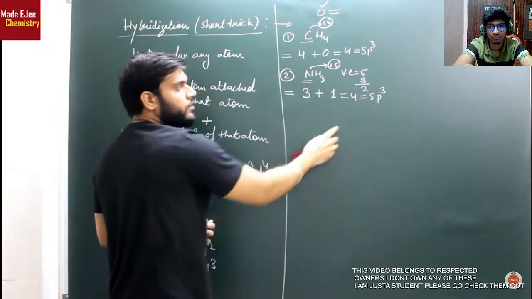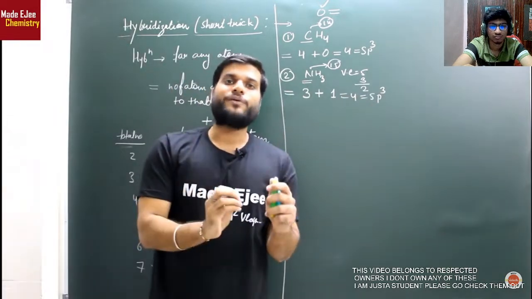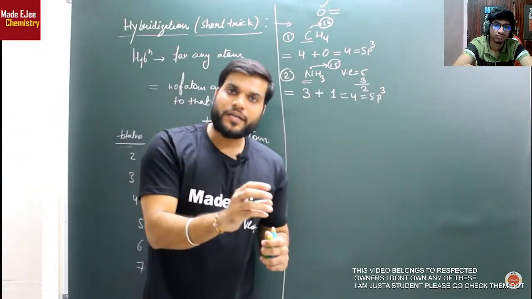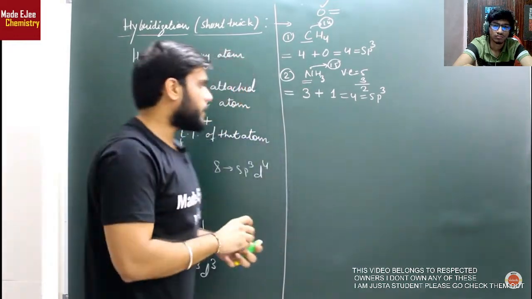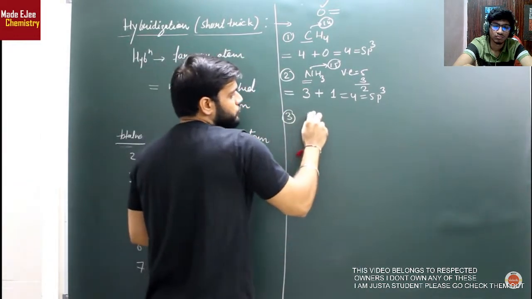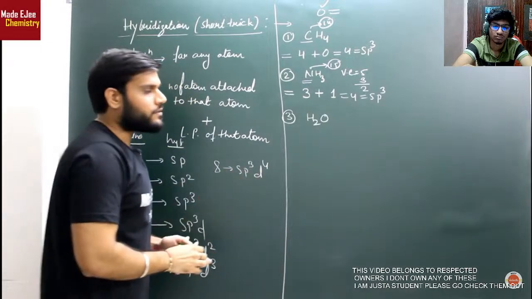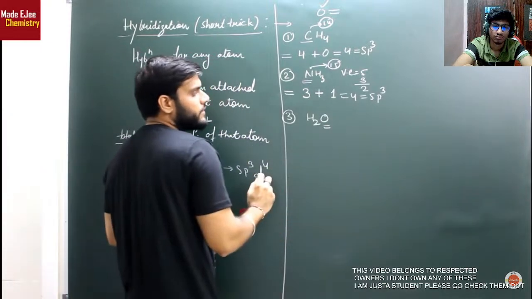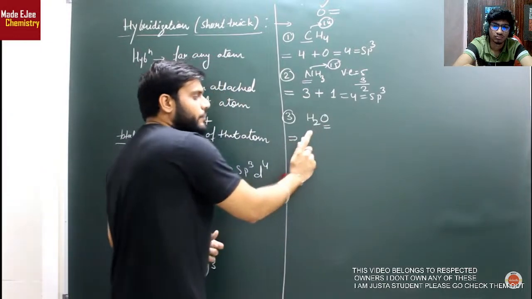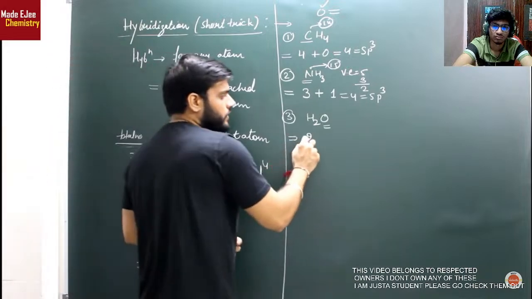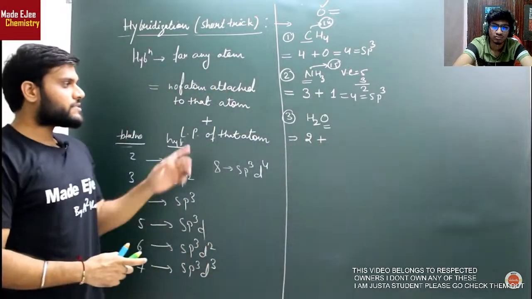और हाइब्रिडेशन का मतलब होता है हमें हाइब्रिड ऑर्बिटल्स तैयार करने हैं, किस के लिए, बॉन्डेड पेयर के लिए और लोन पेयर के लिए, ये मतलब होता है इसका। चलिए अब नेक्स्ट एग्जांपल लेता हूं, एग्जांपल नंबर 3 H2O। ध्यान से इसको देखिएगा। अब यहां पर ऑब्वियसली सेंट्रल एटम कौन सा होगा, ऑक्सीजन। उसके लिए हाइब्रिडेशन कैलकुलेट करनी है। सबसे पहले बताइए ऑक्सीजन के साथ यहां पर कितने नंबर ऑफ एटम अटैच है, तो 2 हाइड्रोजन अटैच है, तो यहां क्या लिखूंगा, 2। सबको समझ में आ गया। प्लस यहां पर लोन पेयर कैलकुलेट करो।